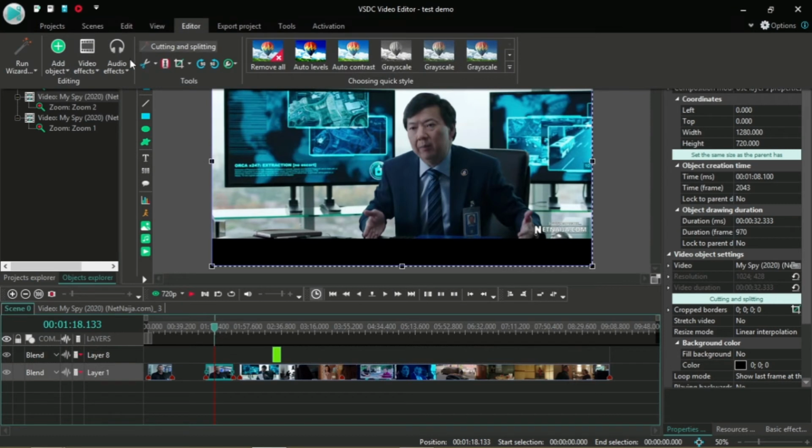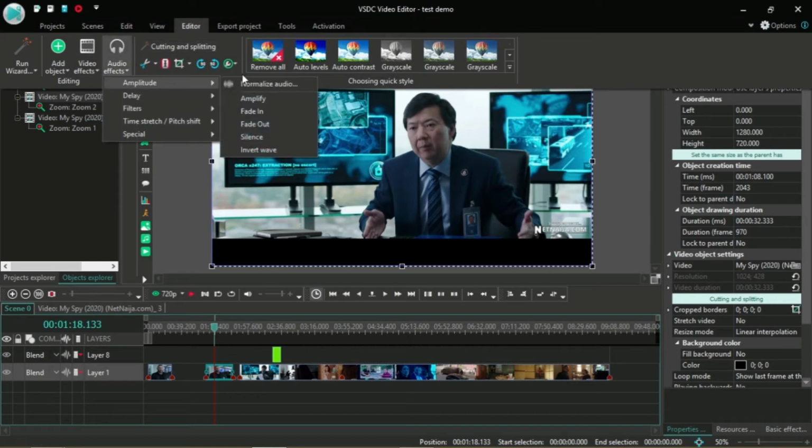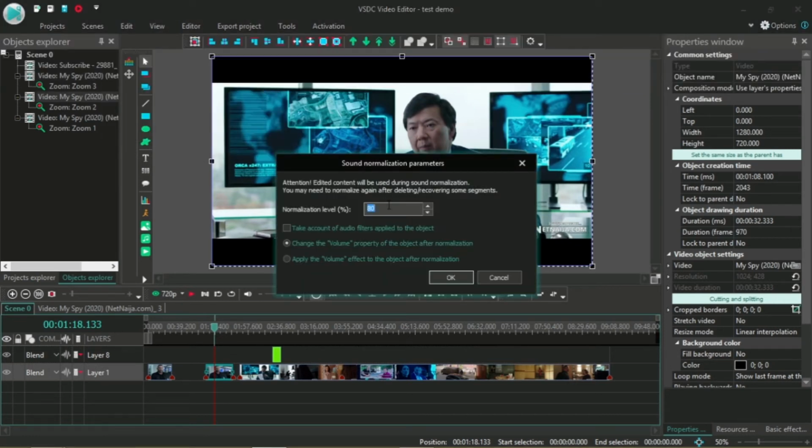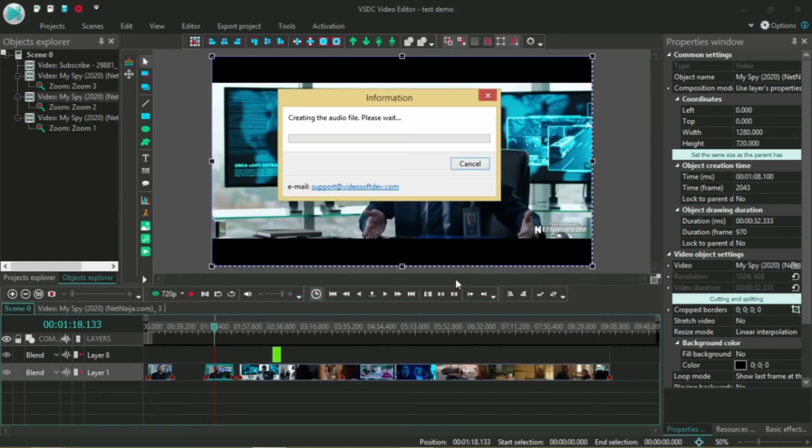You come to the editor section, audio effects, amplify, normalize audio, then you select this to 99. For example, you can select 100, but 100 is too high. Your audio gets too glitchy. You can set it to 0. I think the minimum is 1, the maximum is 99. So you select this, change the volume property of the object after normalization, then click OK. Then this creates the audio files, and